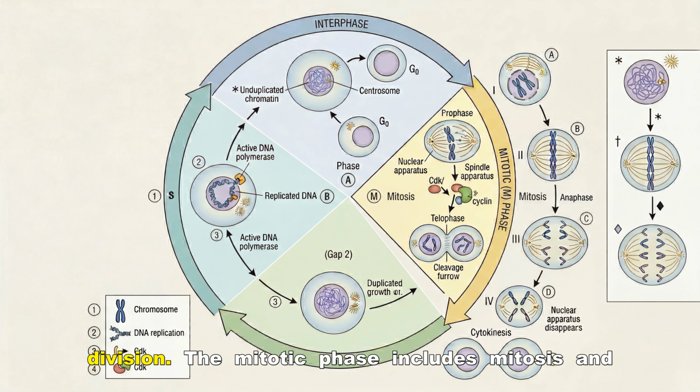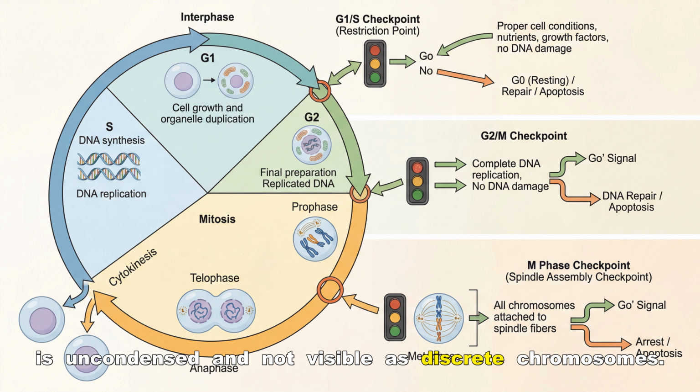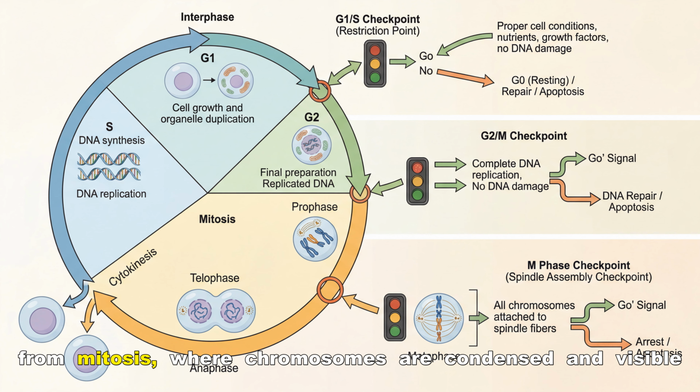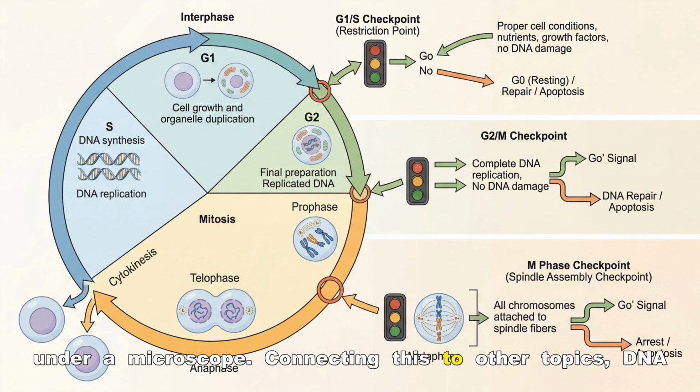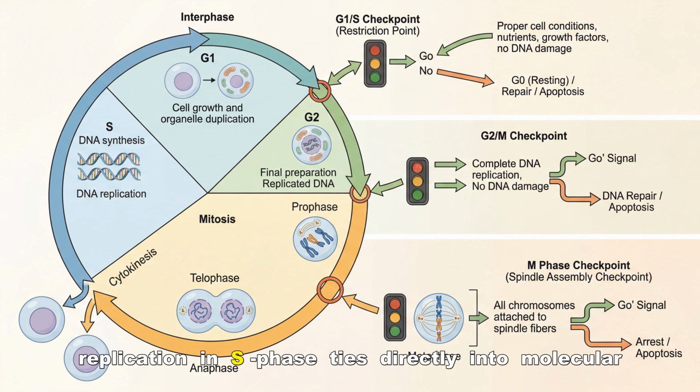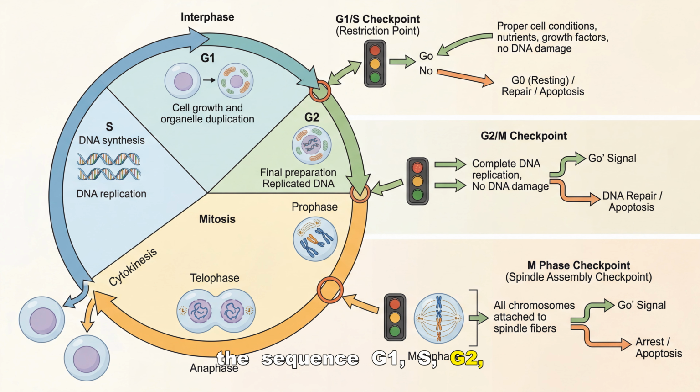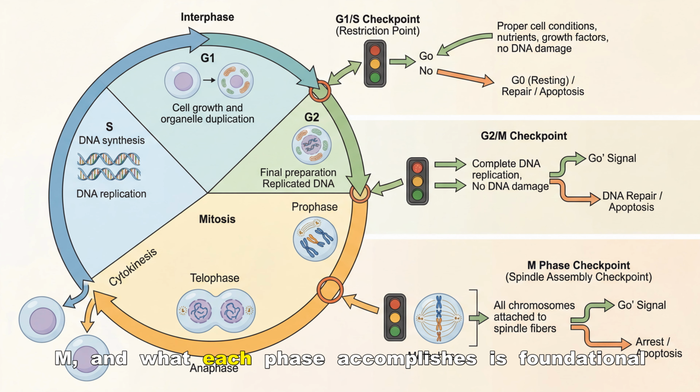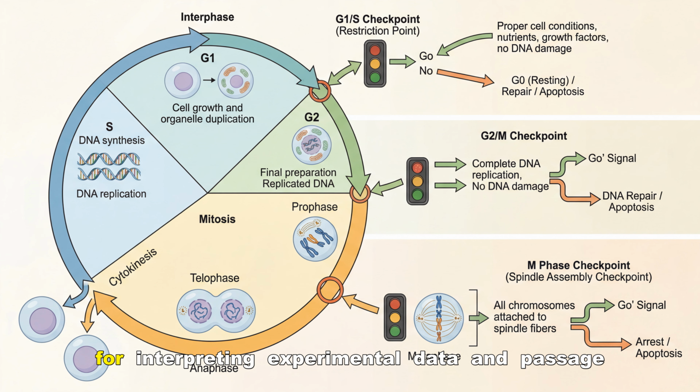Another common angle is distinguishing interphase, where chromatin is uncondensed and not visible as discrete chromosomes, from mitosis, where chromosomes are condensed and visible under a microscope. Connecting this to other topics, DNA replication in S phase ties directly into molecular biology concepts like DNA polymerase, leading and lagging strands, and proofreading. Overall, knowing the sequence G1, S, G2, M, and what each phase accomplishes is foundational for interpreting experimental data and